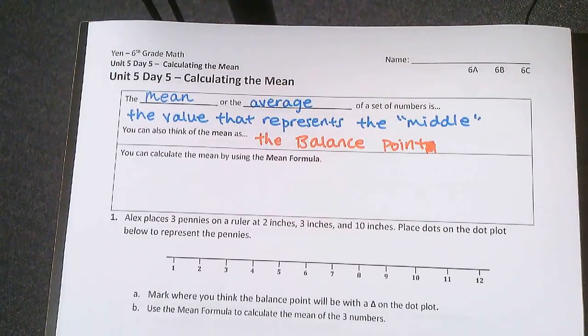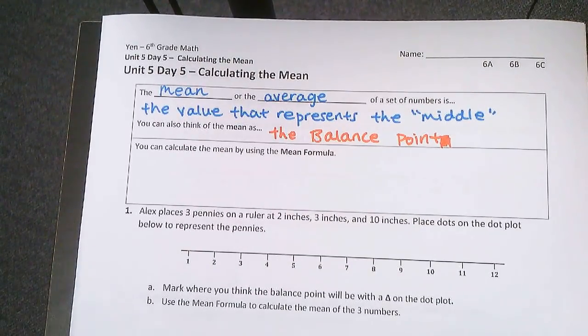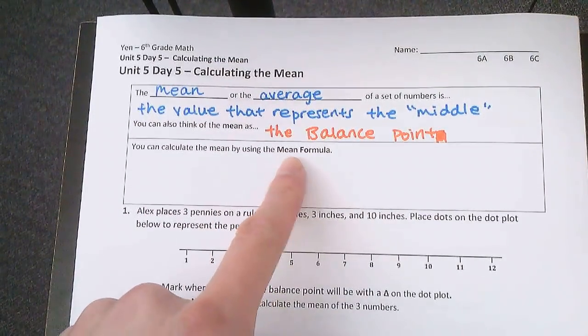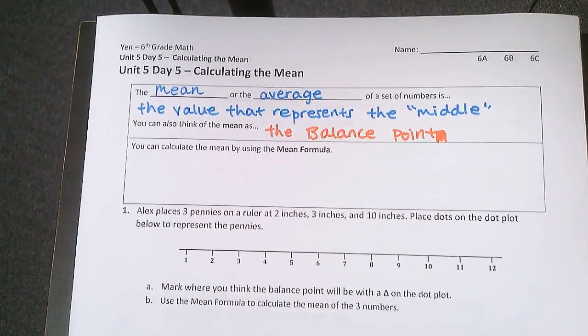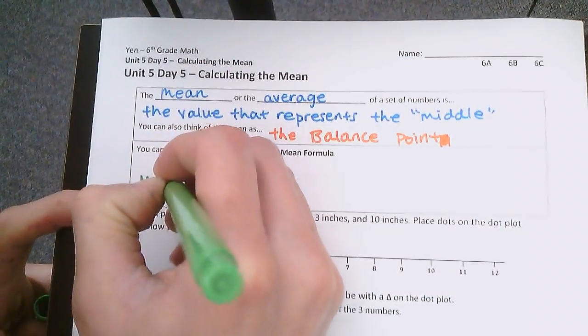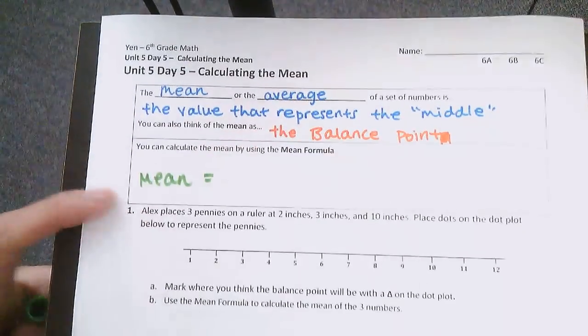So one way you can find the mean is by putting pennies on a ruler and figuring out where it balances. But sometimes in life, you can't always do that. And so there's also a way to calculate the mean using something called the mean formula. What the mean formula is, is where the mean is equal to